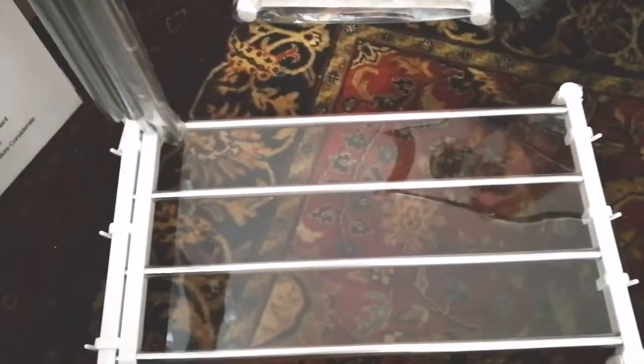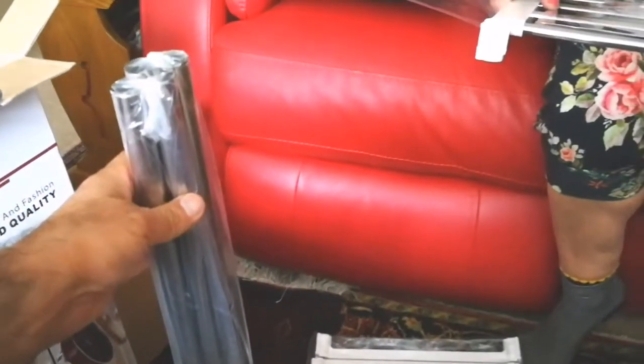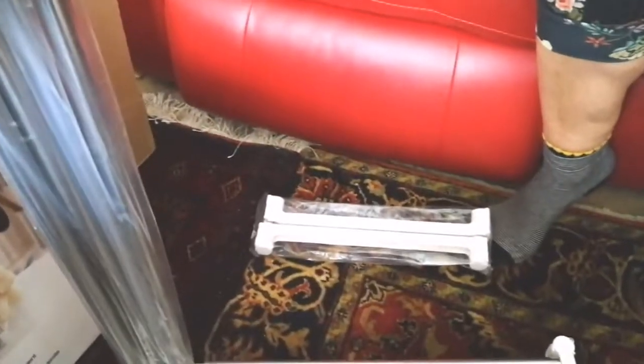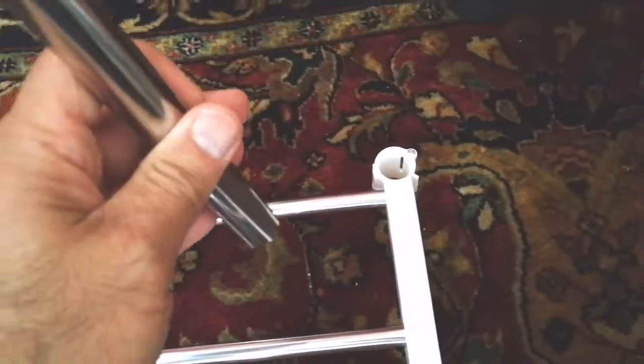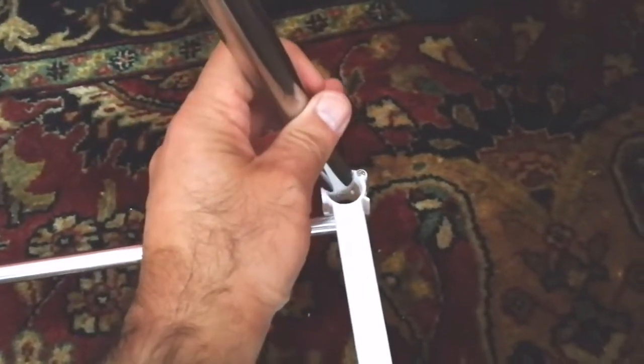Okay, so let me see how we can put it together. There are some parts here. Oh God, that will be very tall. I can see. Okay, let me put it on. I'll have to put the camera down and just put it together. Okay, I found the way that you put the